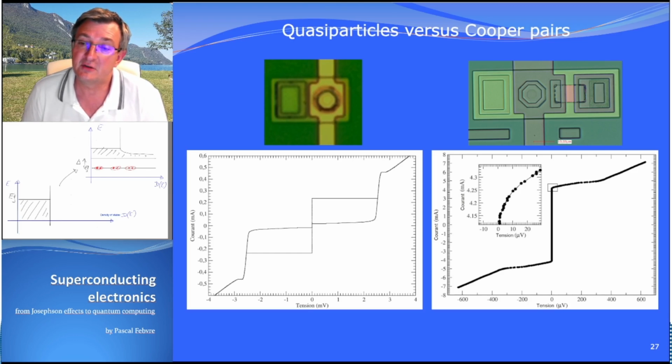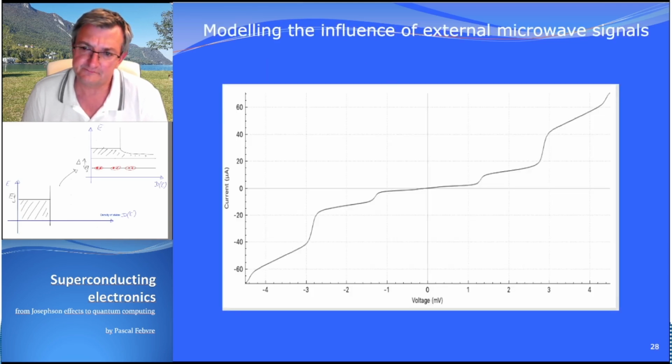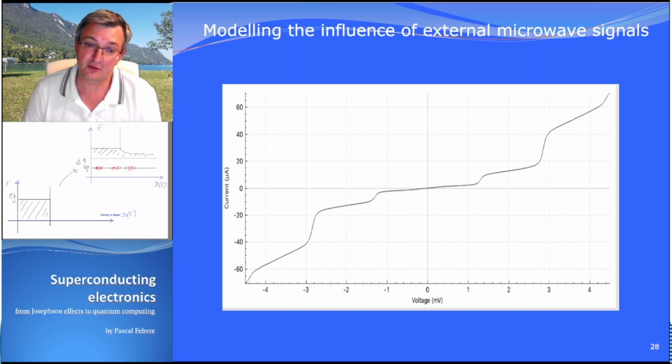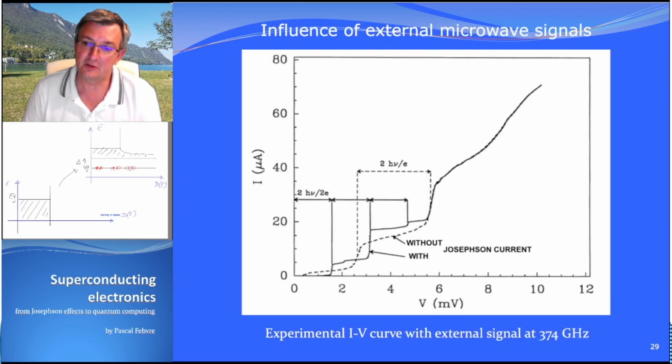So if you apply a signal, for example, of 400 gigahertz, which is about, in terms of voltage or energy, this distance, you can simulate the IV curve, and you see that it changes, and you can see here some slopes, and this length of slope is h nu. Basically, the voltage times the electron charge is the Planck constant times the frequency. Here a signal of 380 gigahertz was applied, and that is when you suppress the Josephson current, with just a quasi-particle current. If you have both quasi-particle currents and